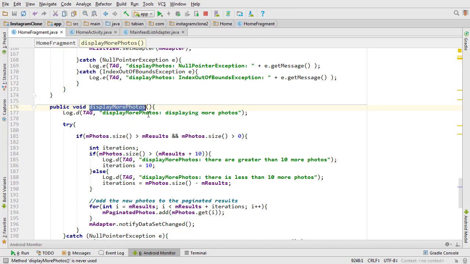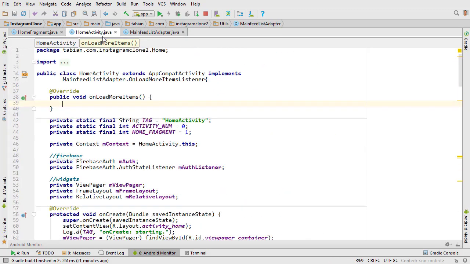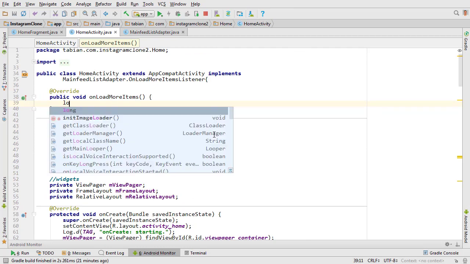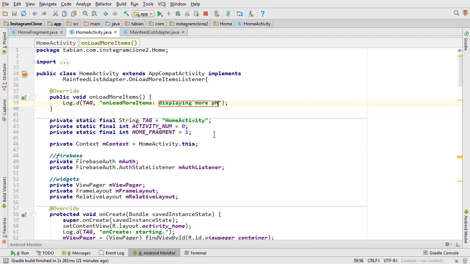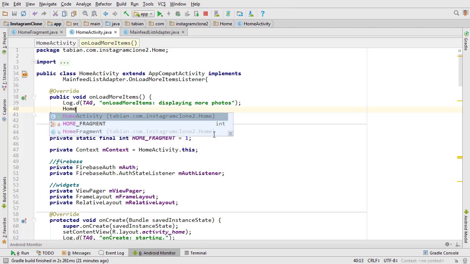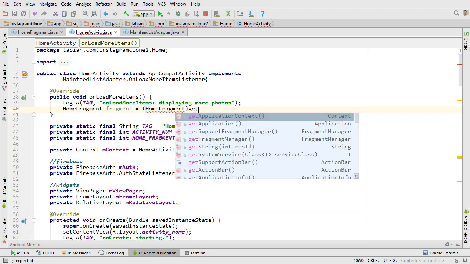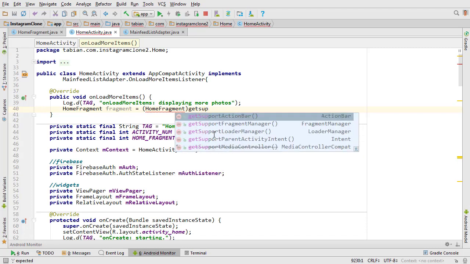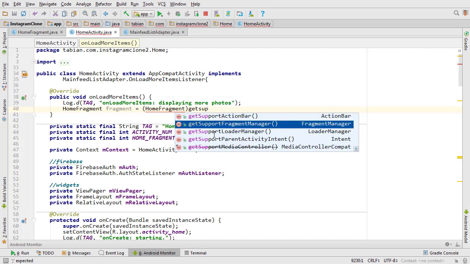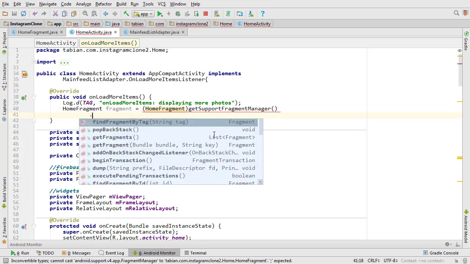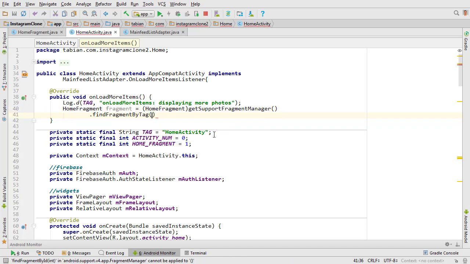So we need to execute this display more photos method from our home activity. Okay, so log displaying more photos, and let's get our home fragment. Actually, I'll just call it fragment. Fragment equals typecast it to HomeFragment, and then get support fragment manager, and then we want to go find fragment by tag, but we can't do our regular finding